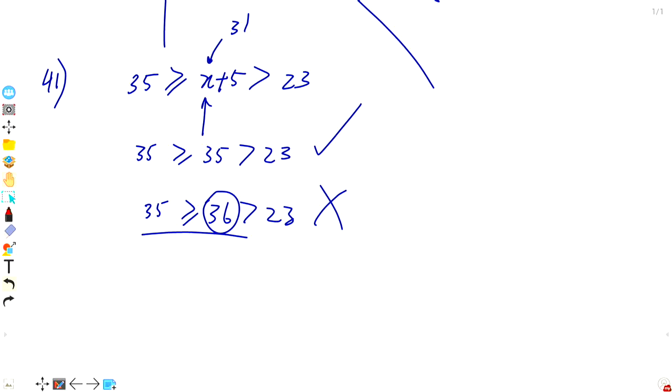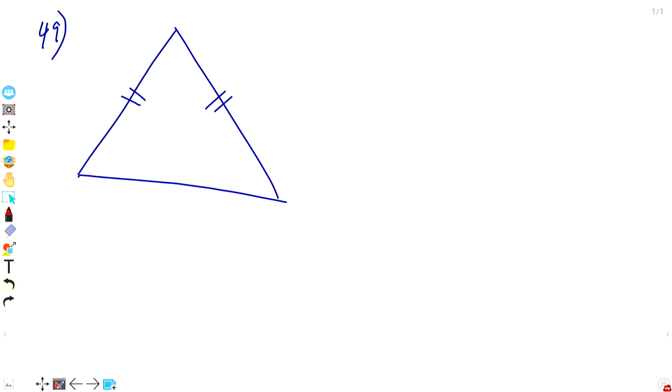If the area of an equilateral triangle is this much, find the perimeter. It's a good question. Guys, pay attention here. You have an equilateral triangle, so you have this equal, equal, equal. Then suppose this is x, this is x, this is x, right?